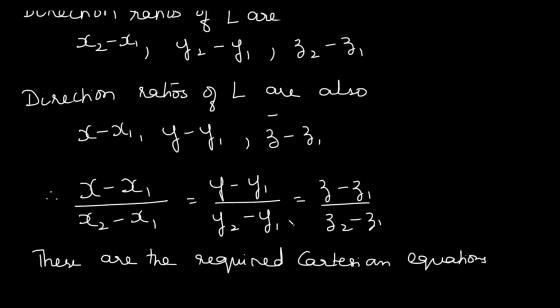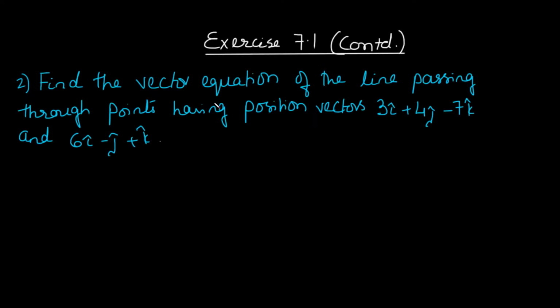Now we are going to remember both the vector equation and the Cartesian equations of the line passing through two given points. And thus we are going to start with the sums involved in this particular concept. Now we are going to continue with exercise 7.1. We had already started the exercise in the previous lecture and done some sums. Here we are going to deal with certain sums which involve equation of a line passing through 2 points and also certain other sums. The second sum we had not done in the previous lecture.